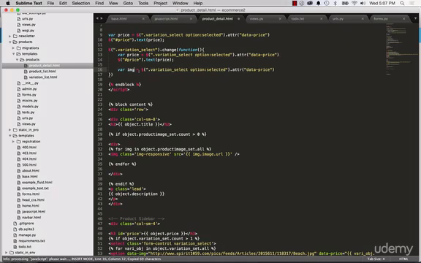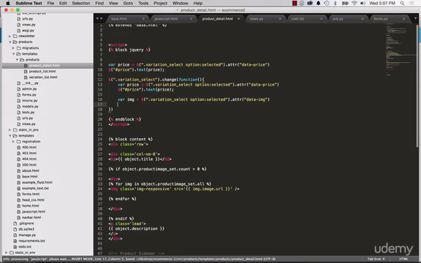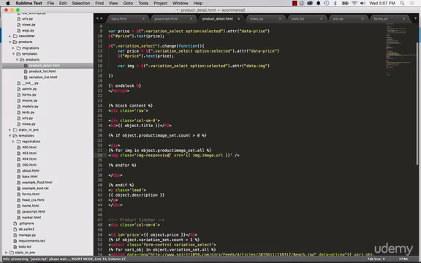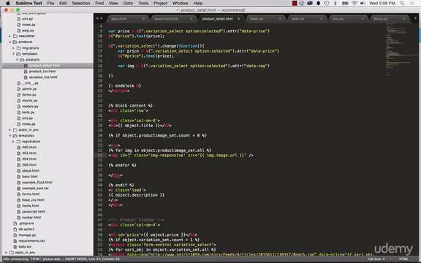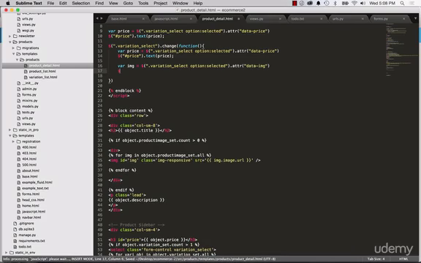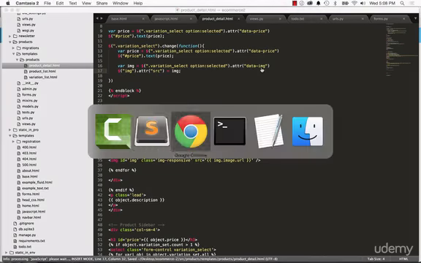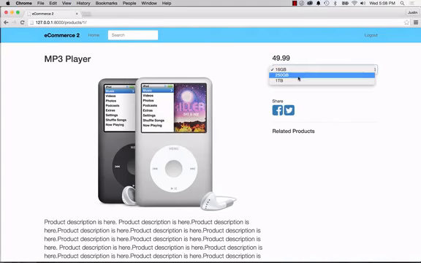So let's say img, data img, and we can change the image itself. Instead of class image responsive, I'll just say ID equals to, and we will give it as img. And now we'll say img.attribute source is equal to img. So if I refresh in here and change this,